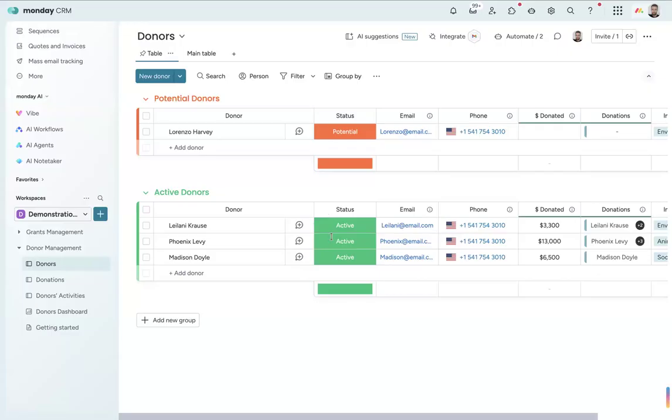If I'm working in work management, can I still add multiple donations for donors? Yes, absolutely. There's not that many features, I'm going to be honest, that are completely unique to each product. All the basic stuff, adding items, connect boards, etc. That's completely fine. You can do that in both work management or CRM. So yeah, no problem there. If you prefer to work in work management for any reason, you can keep it.